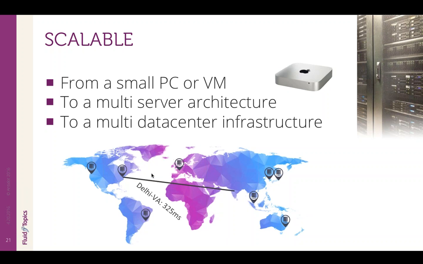And let me show you why scalability is important. For example, the latency between Delhi in India and Virginia is more than 300 milliseconds. And that's the time spent just in the wires. So it doesn't even include the time locally in India to reach a user, depending on their internet access bandwidth, plus the time added for rendering by the browser, by the application, and so forth. And this can add 100, 200 milliseconds more. So you see, which means that at the end, just clicking on the button may take half a second to react. So that's a huge impact on ease of use.